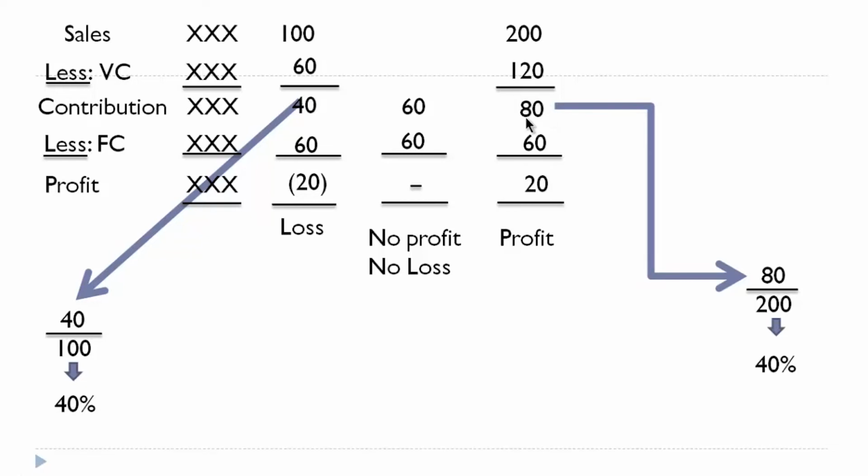And what is this contribution? How you will get this contribution? You will get the contribution if you remove the variable cost from sales. So if your contribution is 40%, variable cost is supposed to be 60%. So if this 80 is 40%, then 60% is 120. And here if this 40 is 40%, then 60% is 60. Similarly, here you have 60 and you should know what is the variable cost of it. So for that, look at here, when 80 on 200 was the contribution, its variable cost was 60%.